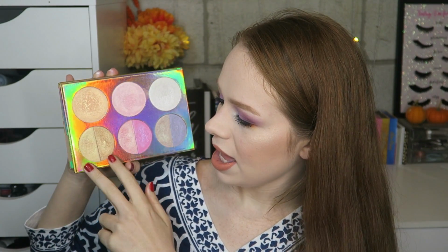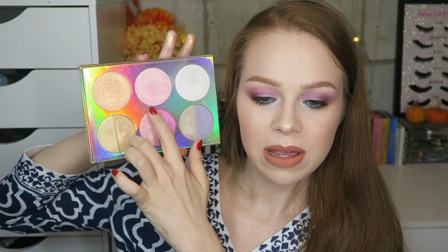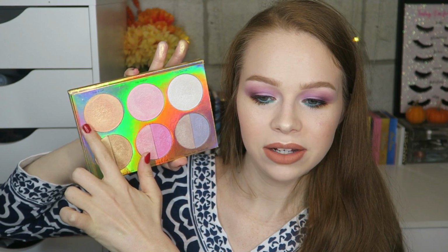And then the golds have a little bit more, I don't even know what the undertone of the golds was. They're just really yellowy. This gold is yellowy, and then this is a true bronze, and then this gold is a super peachy shade. Yeah, that gold is so pretty. It reminds me of the Natasha Denona one in the blush diamond and blush palette or something like that. And then this pink one right here is a pink with a super gold undertone. So these ones are kind of switched. Gold with a pink undertone and then pink with a gold undertone,